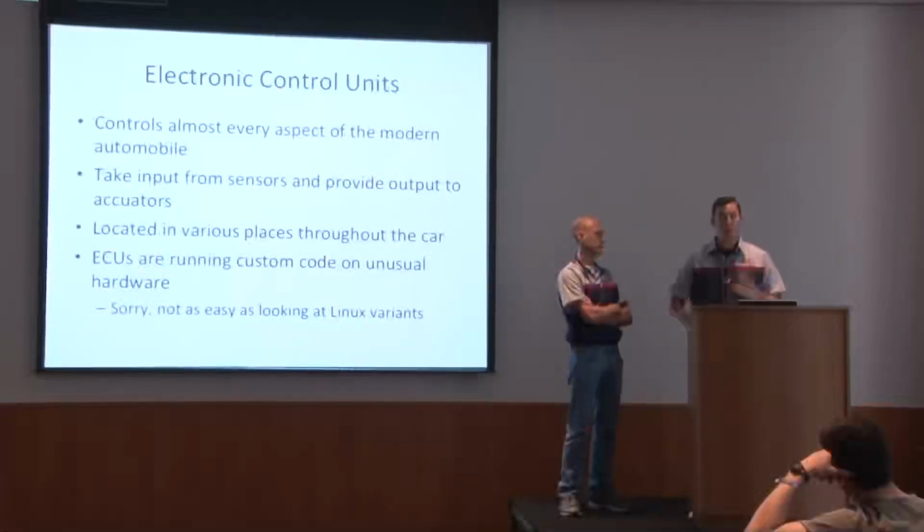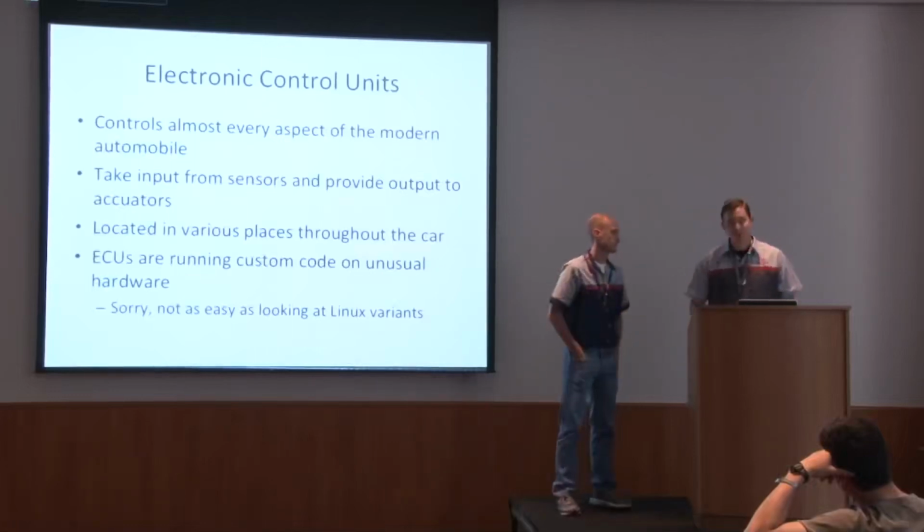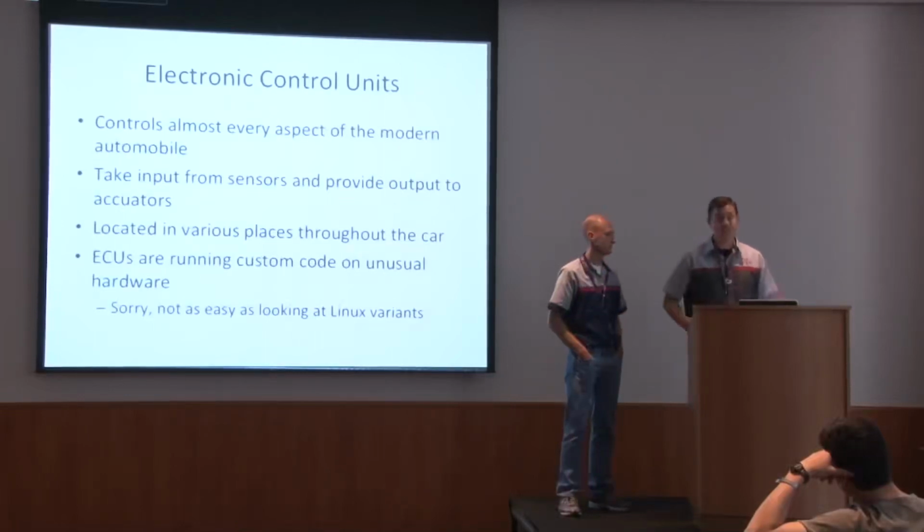For example, there was an ECU in the Prius that was solely responsible for tightening the seat belts in the case that you were to be in a collision. So imagine there's not much code on this device, right? Because all it does is get a signal, tighten the seatbelt. That's really all these things do. While the engine control is very sophisticated, there are ones for simple things.